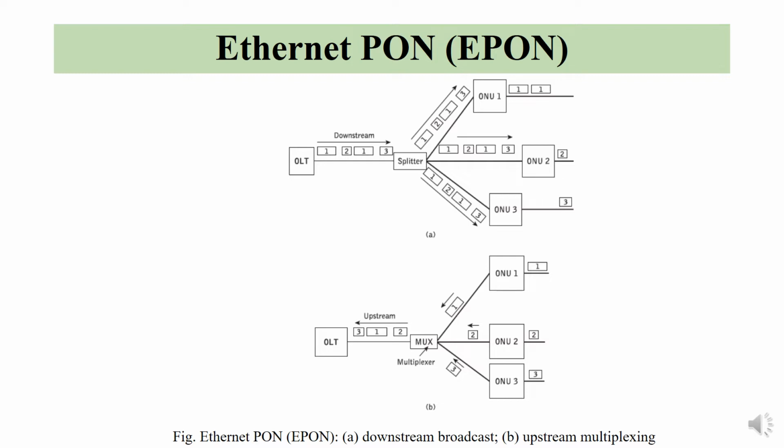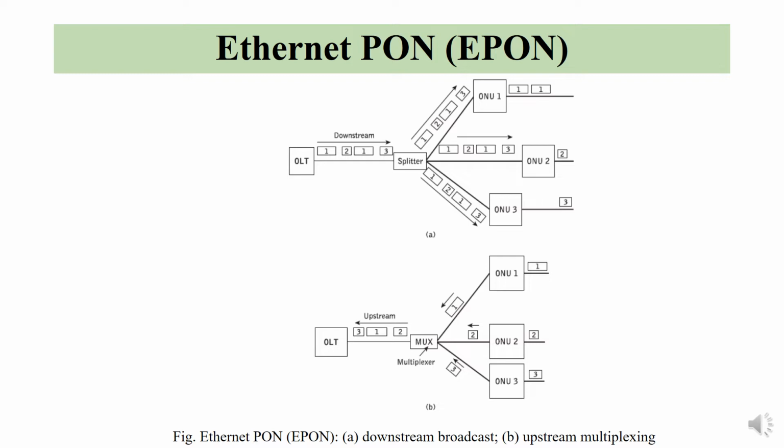This is the message being sent from the input side, and as shown in the figure, at the splitter the traffic is coupled into three fibers, each carrying all the same traffic. When the data reaches the ONU, it accepts the packets that are intended for it, and the rest it will discard. For example, ONU1 is accepting packet 1 and discarding 2 and 3. ONU2 is accepting packet 2 and discarding 1 and 3. And ONU3 is accepting the third packet and discarding 1 and 2 respectively.